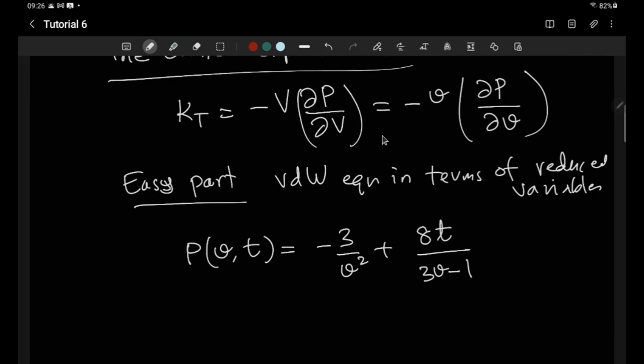In these reduced variables, the critical values are: little p equal to 1, little v equal to 1, and little t equal to 1. So what we want to ask is, as t tends to 1, or capital T tends to Tc,